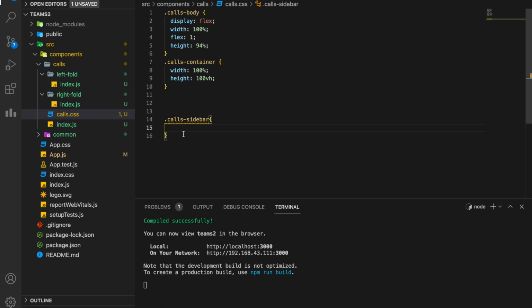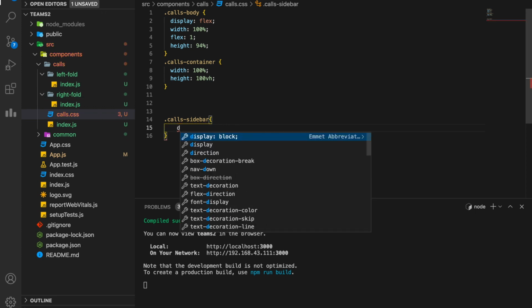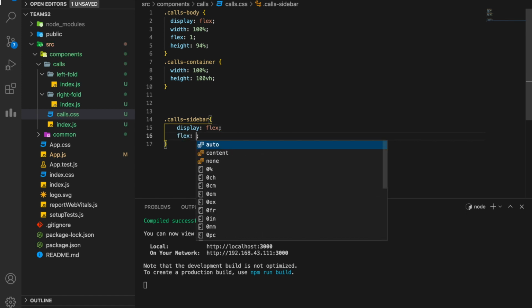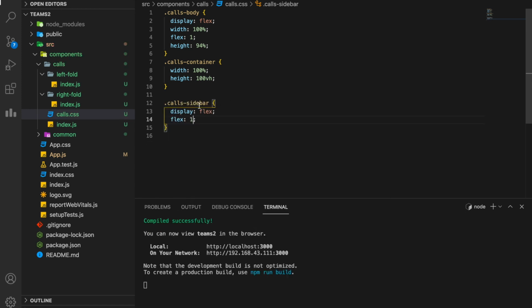So let's do it. Let's say display flex and let's give it a flex of 1. Now what will it do? It will take all the available space. If you see here, the sidebar is still till this point.